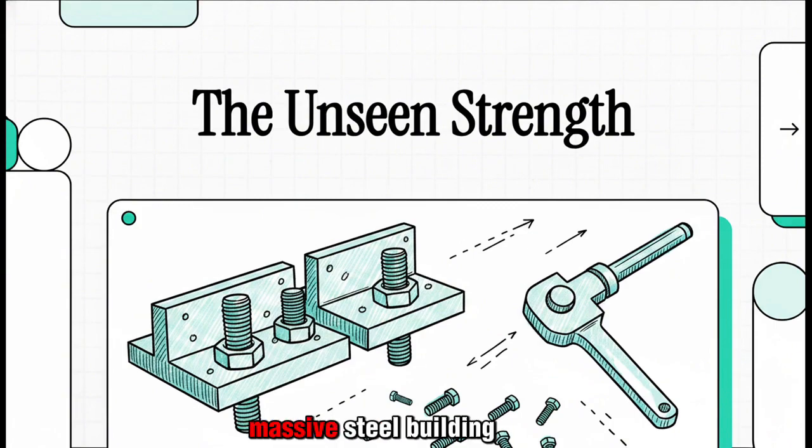When you see a massive steel building going up, you notice the huge cranes and the giant beams. It's all about the scale, right? But what if I told you the real strength, the secret sauce, is in something you can barely see? It's in the thousands of tiny bolts holding it all together, and the insane level of precision that goes into